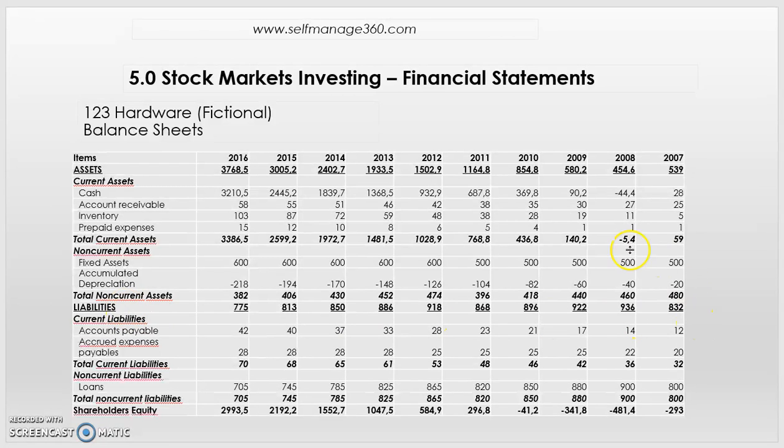We can also look at how the liabilities are evolving. Basically, we went from a total debt of $832,000 to $775,000. So we can say that the company is controlling its debt, keeping its debt at a manageable level. So try not to stay away from a company